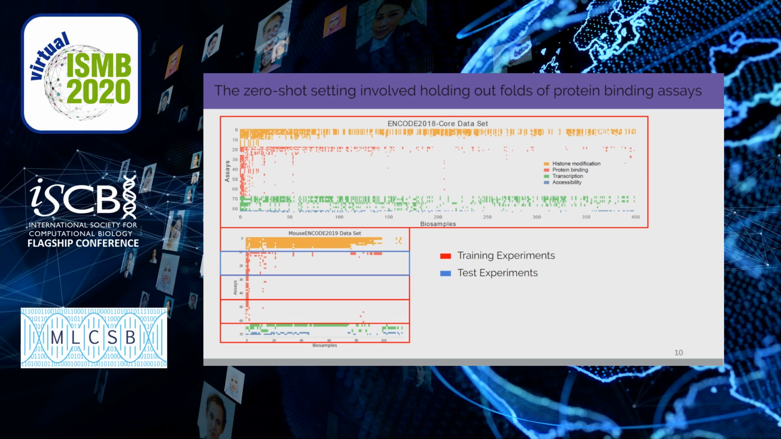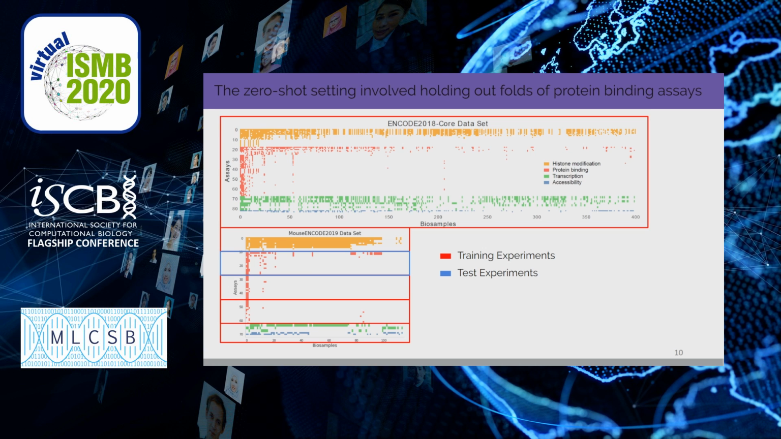So we then wanted to look at the zero-shot setting more. And in this setting, we focused on protein binding experiments because these experiments are far sparser in both human and mouse, but also because they play a crucial role in understanding gene regulation. And so what we did in this setting